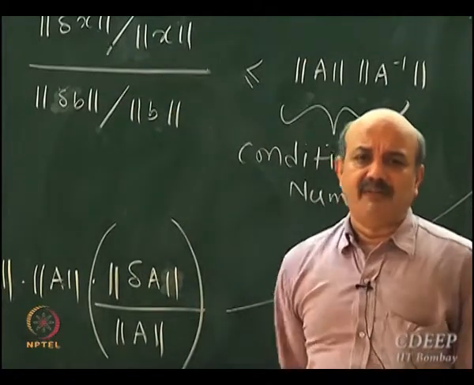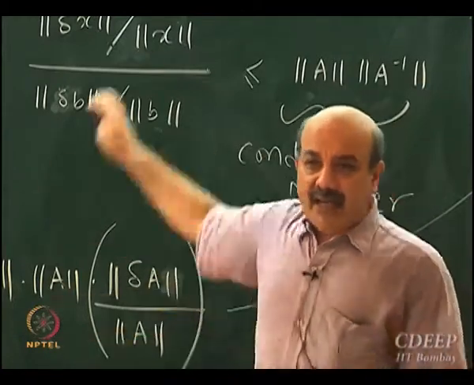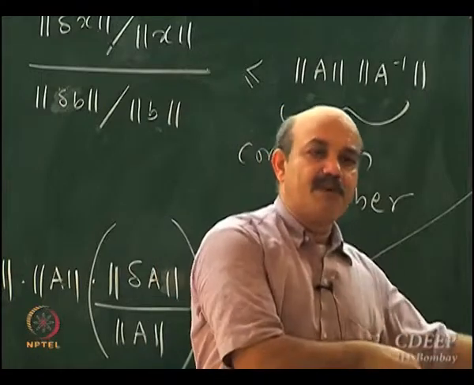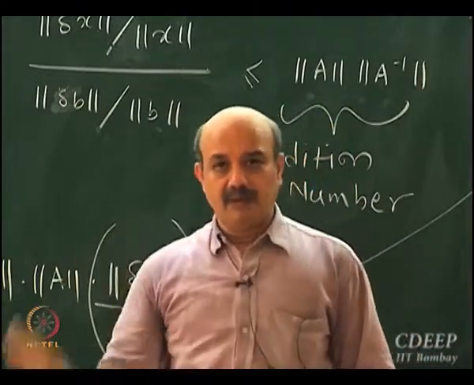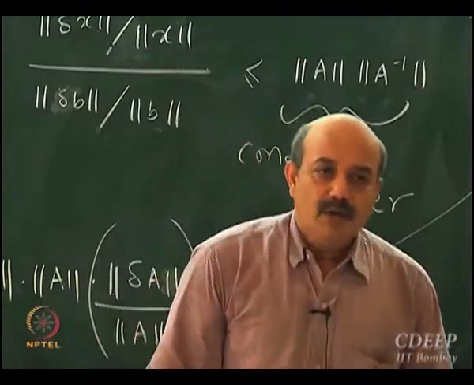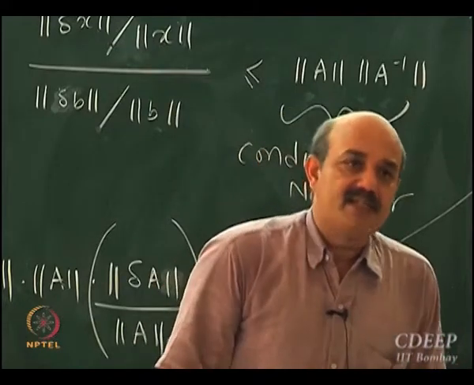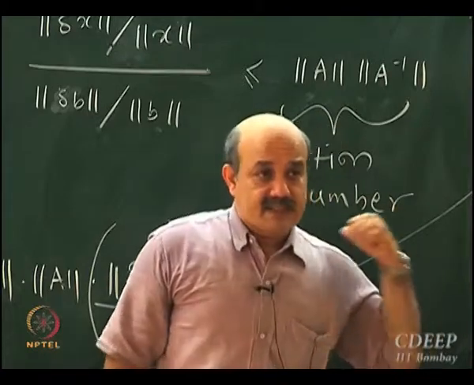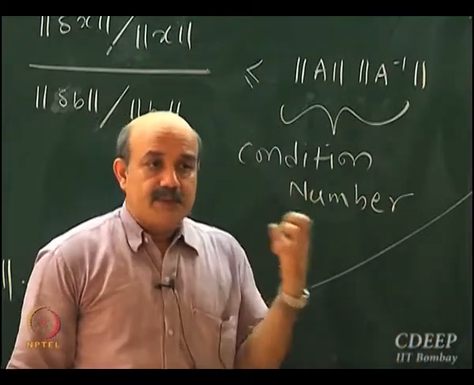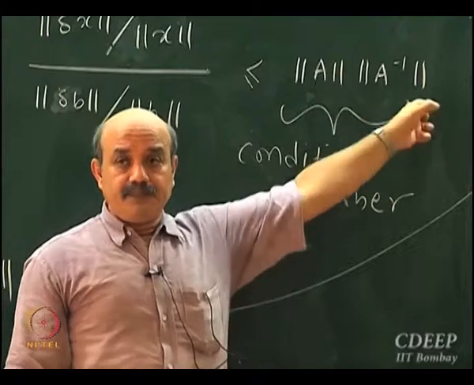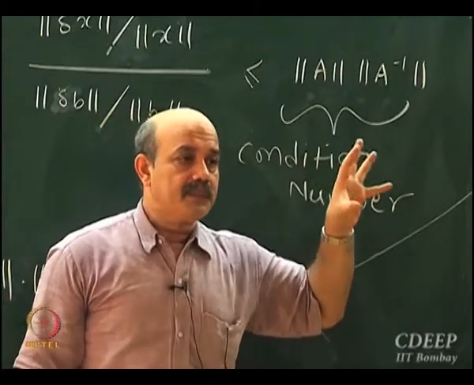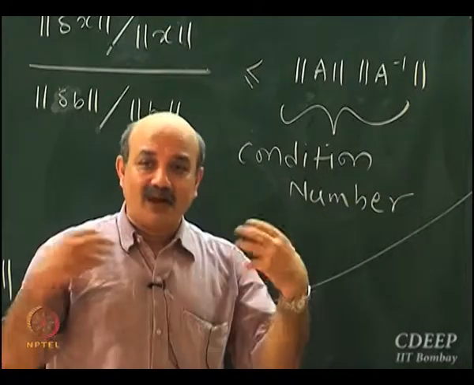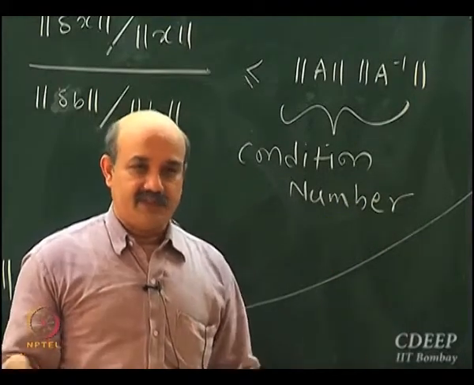While deriving this, we had assumed that A is perfectly represented. There we had made an assumption that B is perfectly represented but A is wrong. Okay. So basically you just get insights into what really seems to be the key factor. This analysis based on norms seems to suggest that this quantity is something fundamental, and this determines how well conditioned, how ill conditioned a particular system is.